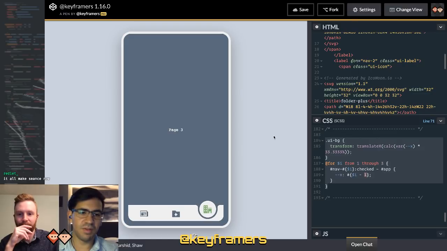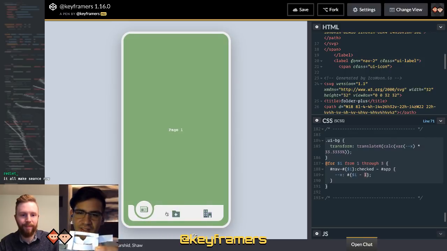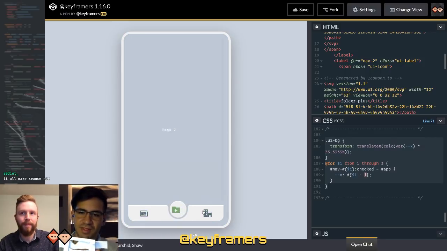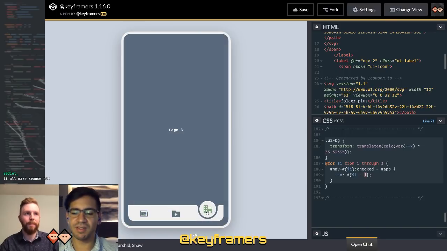Yeah, so the UIBG, basically just that whole paper thing, right? This is a UIBG. And I made it really wide so that it's never going to uncover the naked backside of the nav. So,